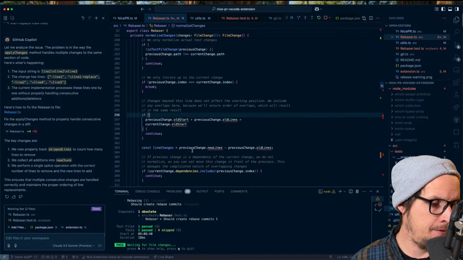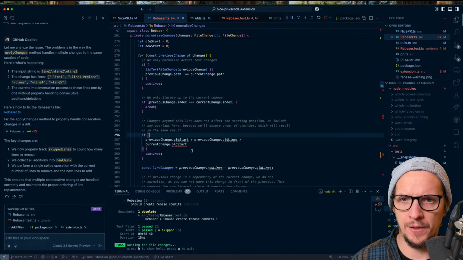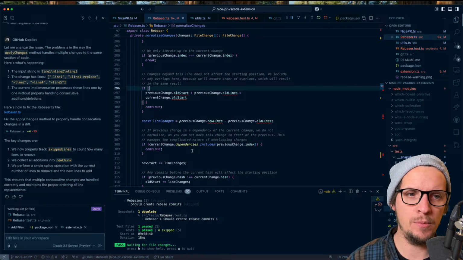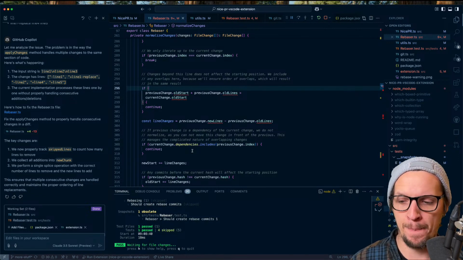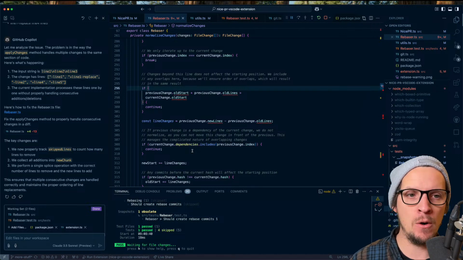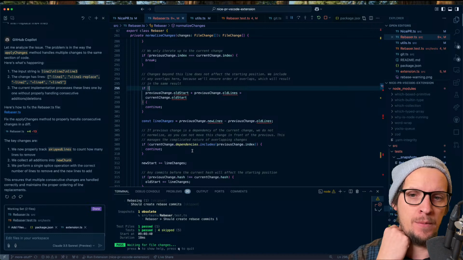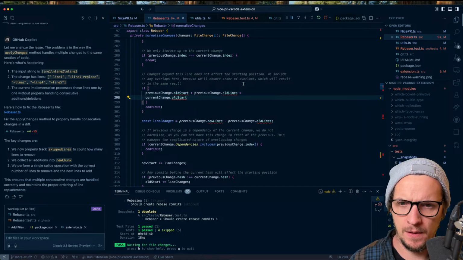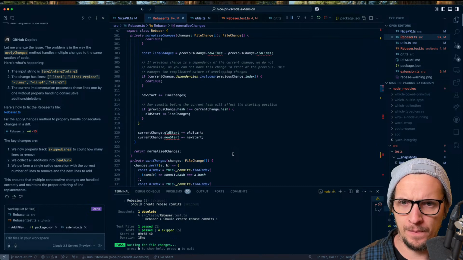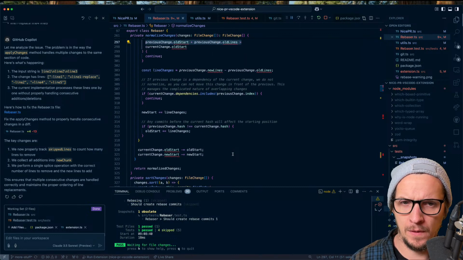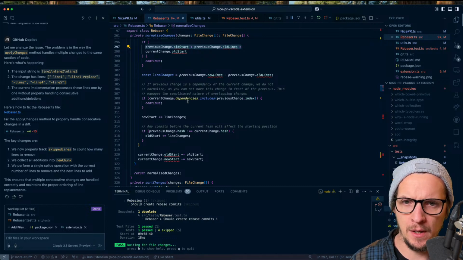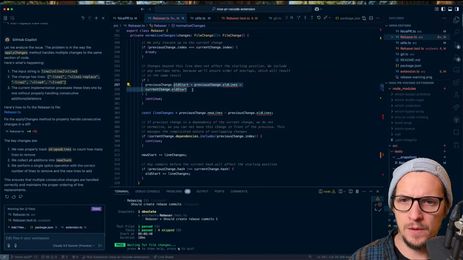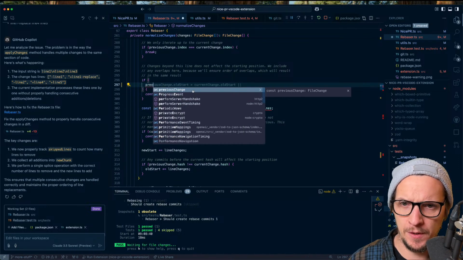So changes beyond this line does not affect the starting. Yeah, so this is where we're normalizing, which means that this is where we are kind of taking them. We're gonna allow applying the change without any other changes applied. So that means, okay, so here we do the dependencies thing. Okay, so basically we don't normalize if previous change